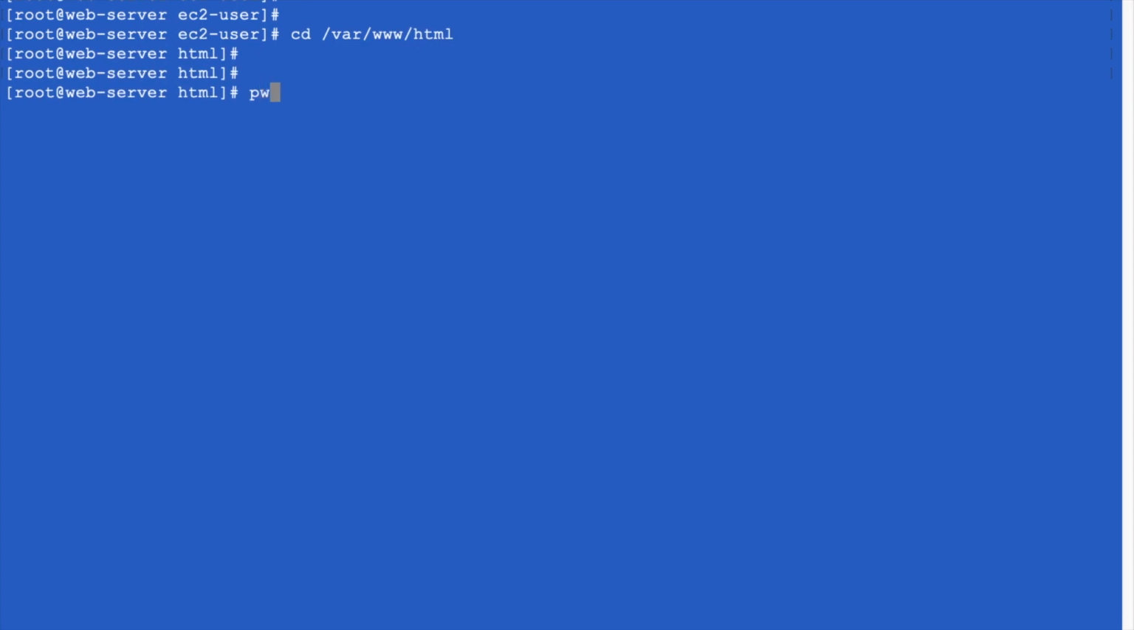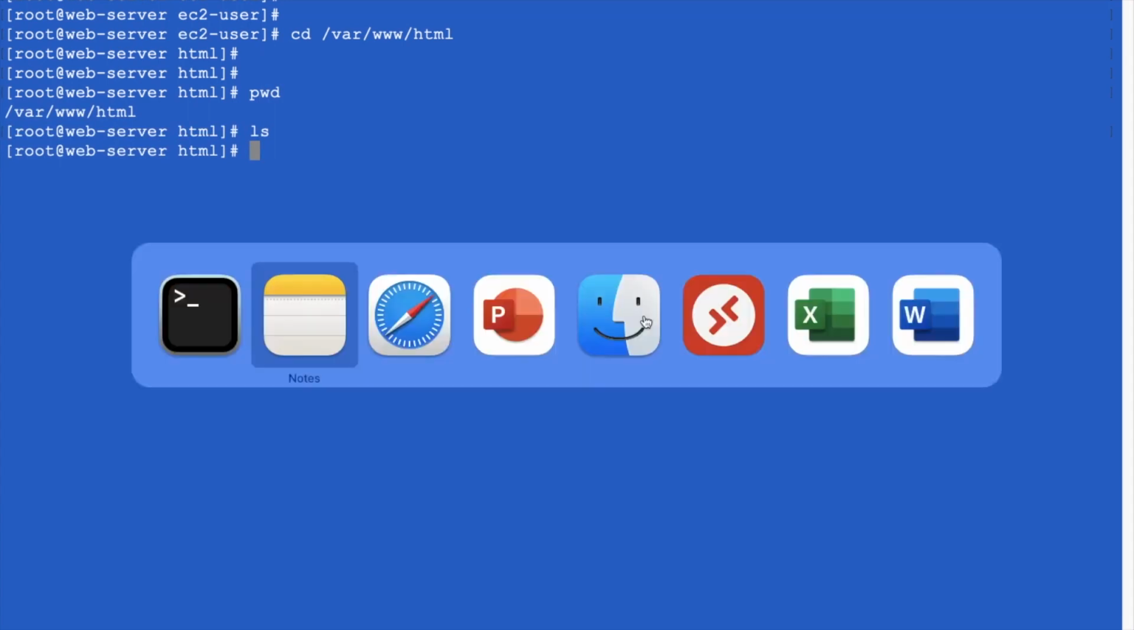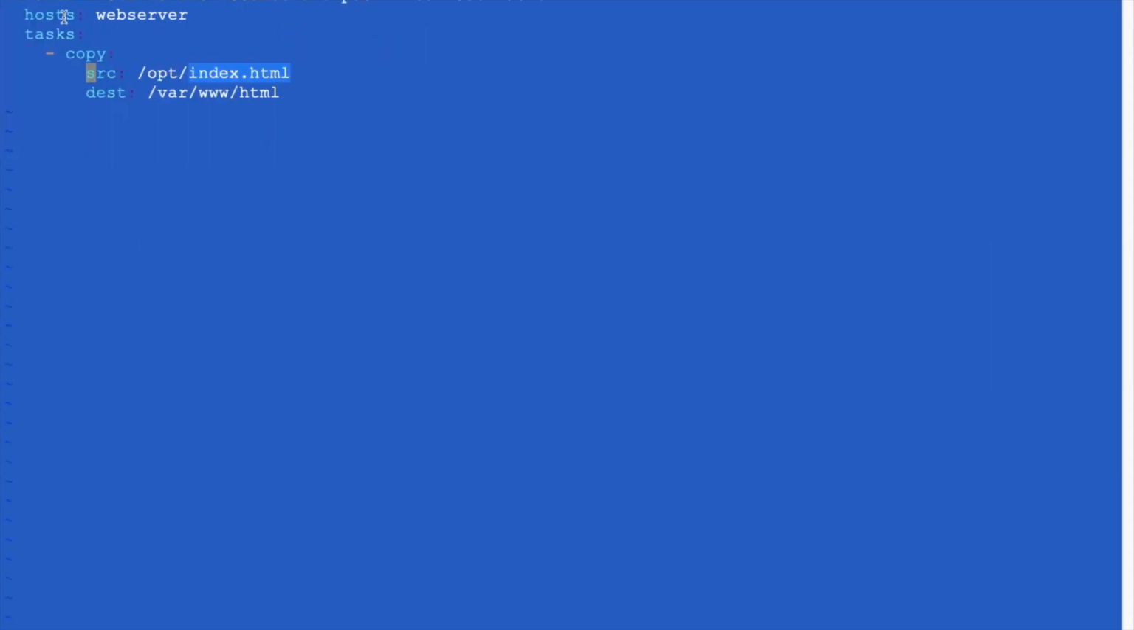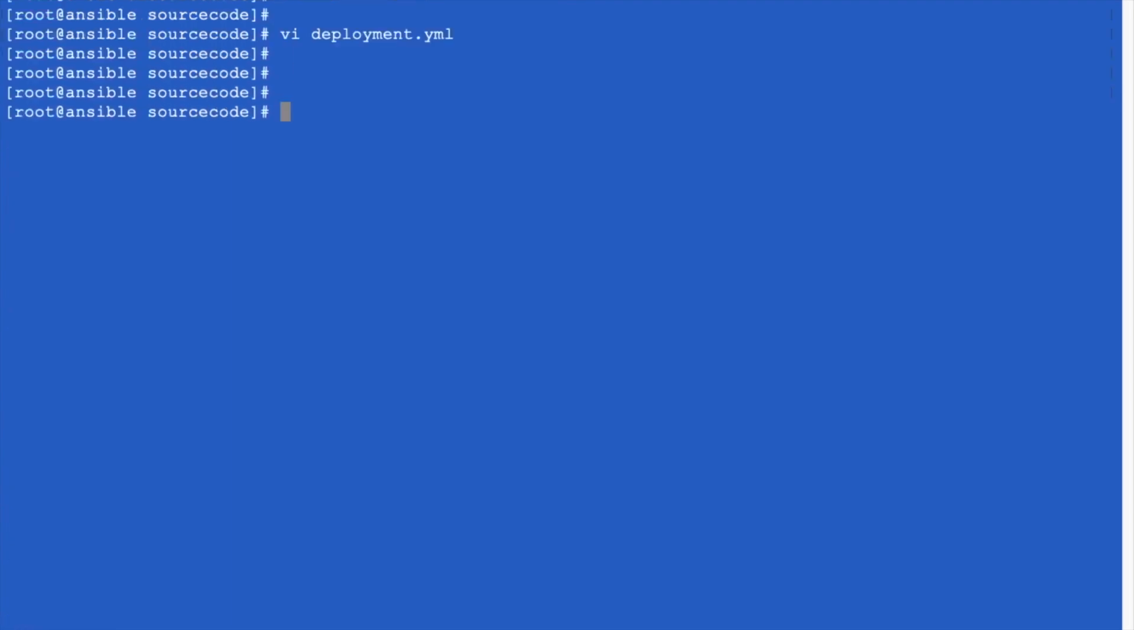So, path, yes. Okay, currently there is no single file over here in this path. So here what I am telling is, pick the file from the source and push into the destination. The destination is our web server, okay, and the task is copy source file. Source file is this one, okay, and this is the destination. Okay,